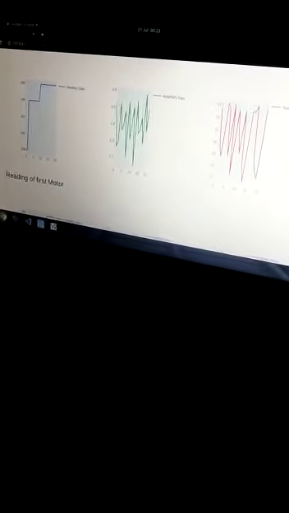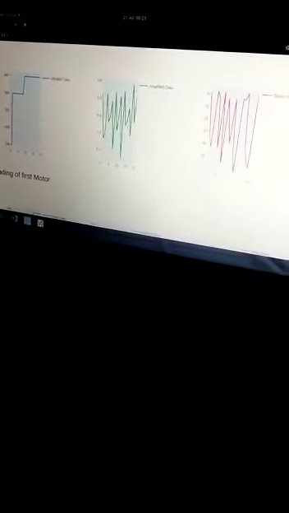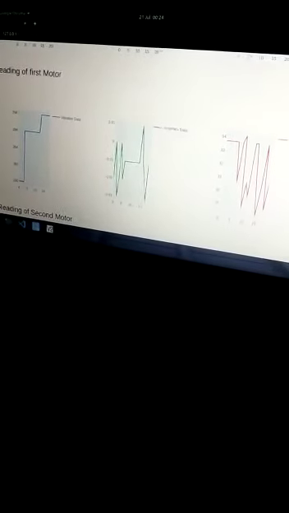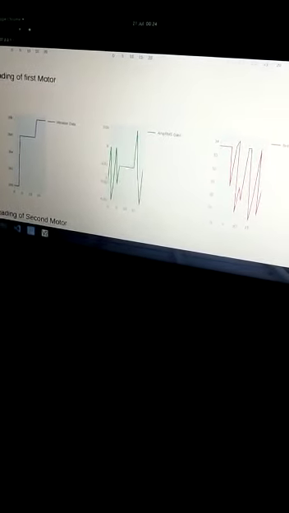Okay, now you can see this is a server we have created which is taking data from our database of both the motors and showing the graphs of three sensors. First one is the vibration data you can see here, second one is the current sensor data, and third one is the temperature data. It is showing these three graphs for both the motors. This is the graph for the second motor. Now we can easily differentiate between both the graphs and predict the fault of the motor.